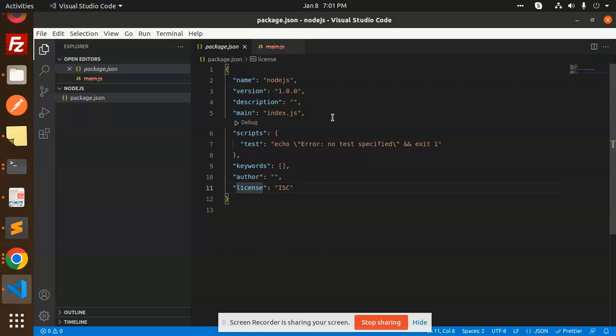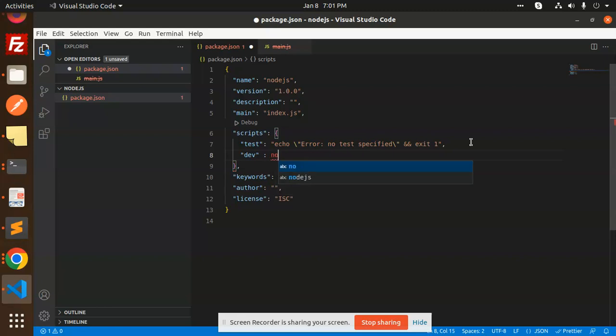Then we have scripts. Scripts is very important. If you have heard about npm run build, npm run start, npm run dev, where does it come from? How can I know which command starts the project? It all comes under this scripts section, right? If I want to make my own custom command, like a test command, I can write it here. You can see that dev, and the entry point here, I can say node